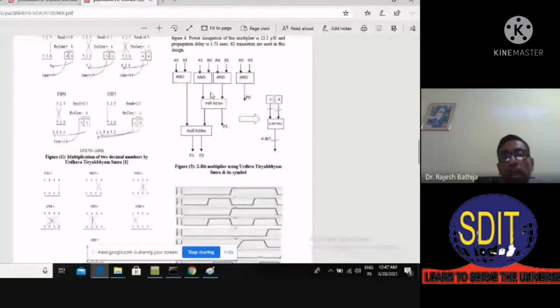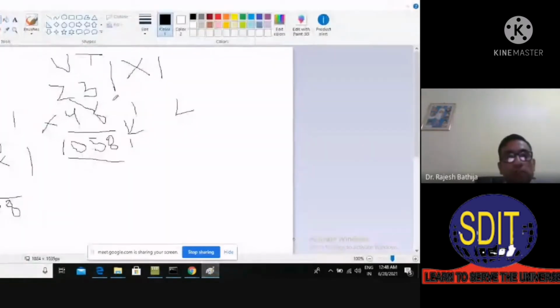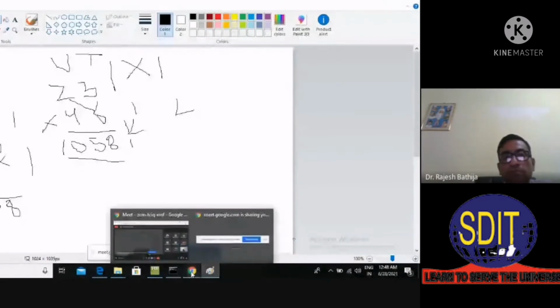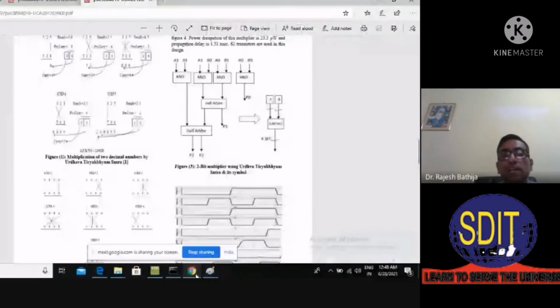Here, when you multiply, then you have to add, right? That we have done over here in the pen also, right? 3 4 ja 12, then 2 6 ja 12, and then the previous carry is there. This carry was here because it is a decimal multiplier. Here it is not a decimal multiplier. So that's why here a half adder is needed over here. So this multiplication will be done.